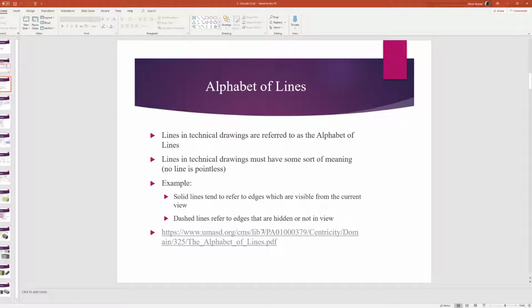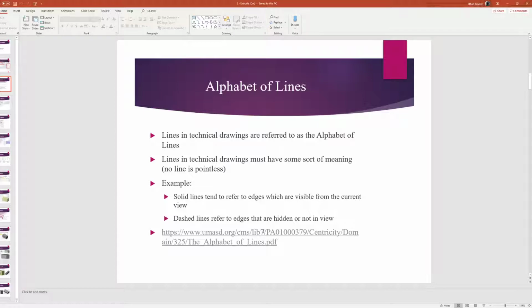I remember last time we talked a little bit about technical drawings, which are just a way to specify that we have some sort of drawing that indicates important information, whether it be measurements, angles, any of those sorts of things that have some sort of point to them. As it says in the PowerPoint, none of the lines in a technical drawing should be pointless. All of them should have some sort of function, whether they be an edge,